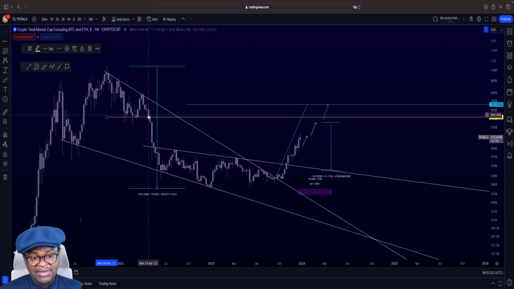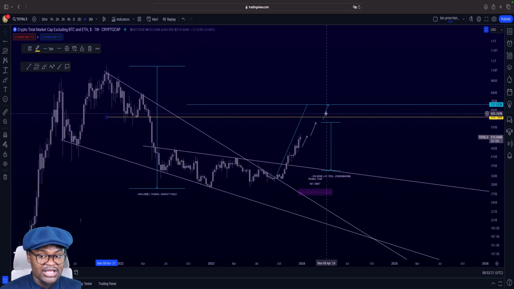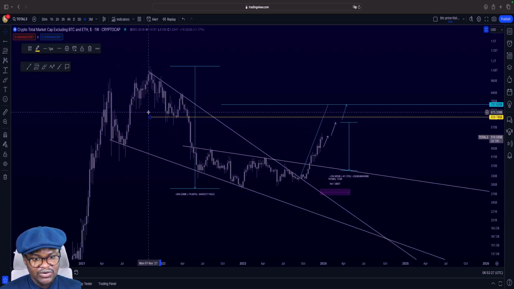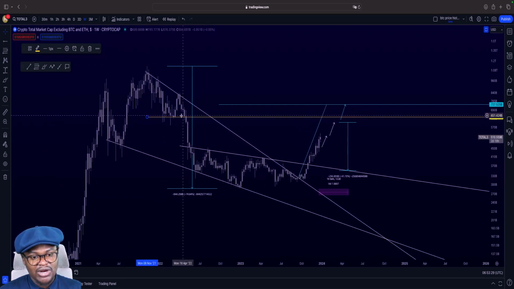There's a good chance that Matic goes higher than the 2022 April high. Solana already went higher. So there's a good chance that some of them will go higher than that. But some altcoins that did not reach this level earlier in 2023 may actually be topping out around this region right here. So if you're holding any altcoin, particularly altcoins that were here in the previous bull market, and